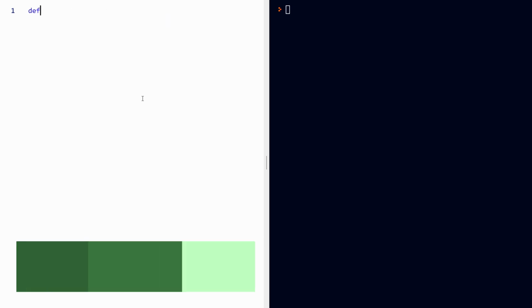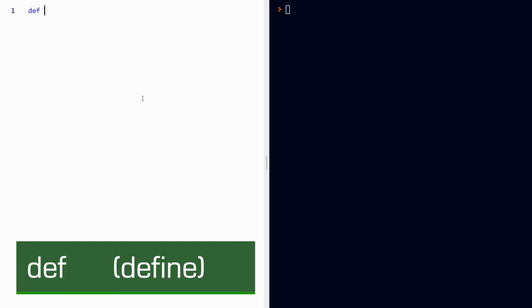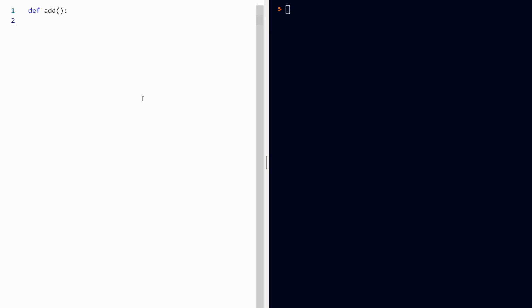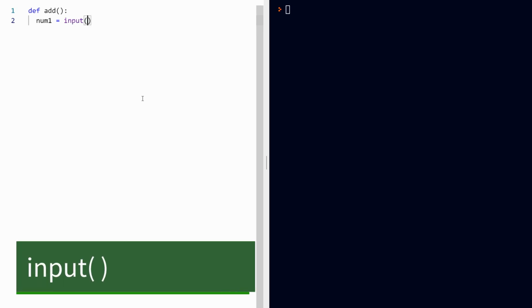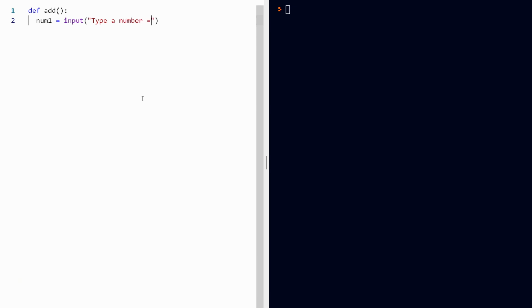So I'm going to use the define keyword, def, and my function is just called add. This is going to be a very simple function that stores two integers from the user and then adds them together. So I'm going to use the input function with a helpful message like type a number. I'll then go for a second variable num2, same thing, but this time I'm going to put type a number